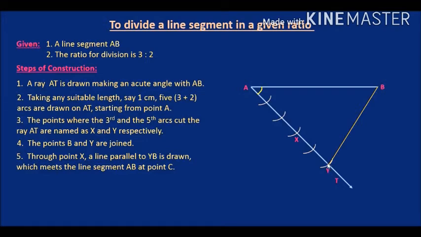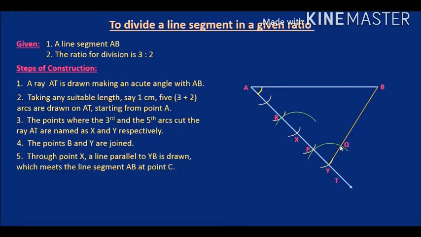This is a very important step. You should not increase or decrease the length of your compass now. So this is our arc, and this intersects at the point P, and your BY at the point Q. So taking the same length, draw another arc. The length should not be increased or decreased. This is important.